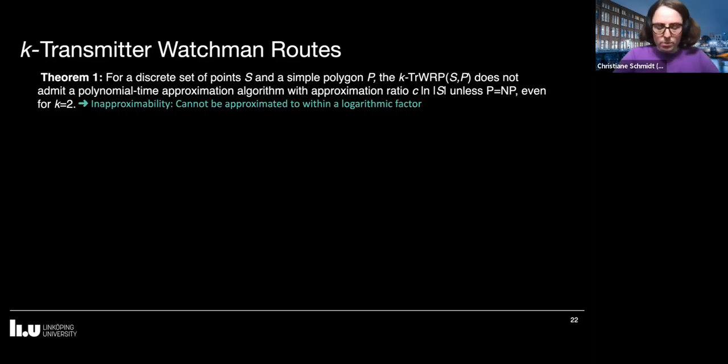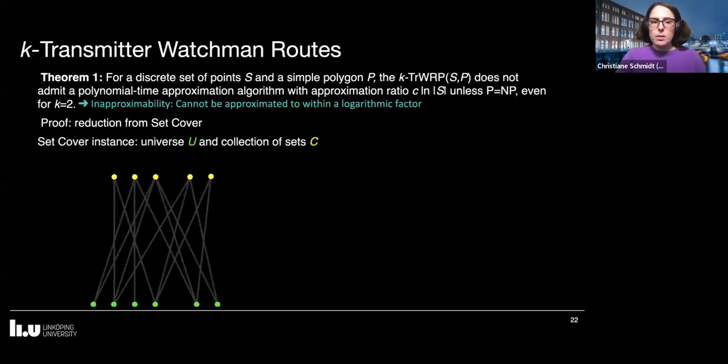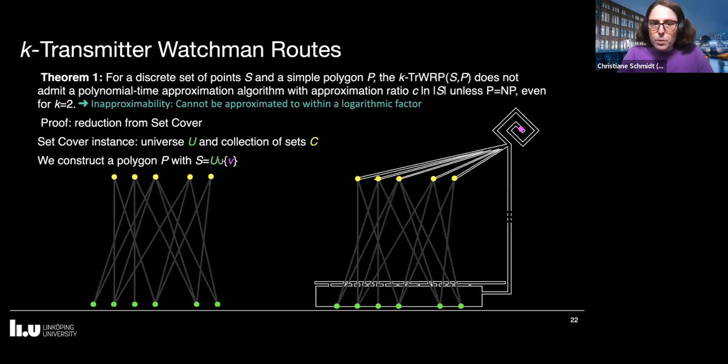For the case without a starting point and a discrete set of points within our polygon, the reduction is from set cover. So let's say we have our set cover instance, universe U and collection of sets C, and we build the bipartite graph on those, where we have the subset property on these edges. And then we construct a polygon where S, so the set of points that we need to get to at some point,